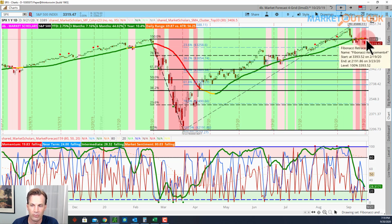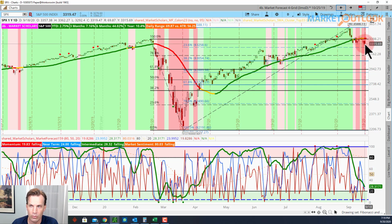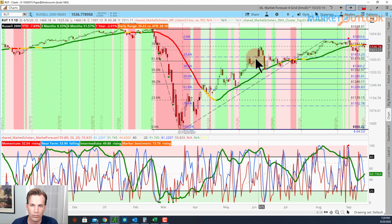Most likely bounce off of this kind of oversold short-term condition that we have right now in a lot of these indexes, and potentially allow the Russell to continue to play catch up itself. Because I think the Russell, similar to what happened over here during June that culminated in early June,